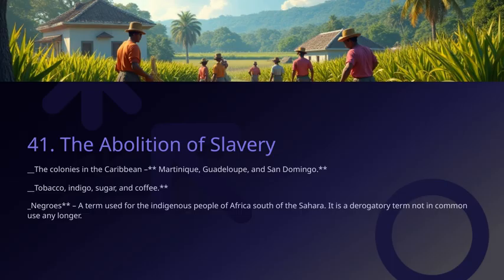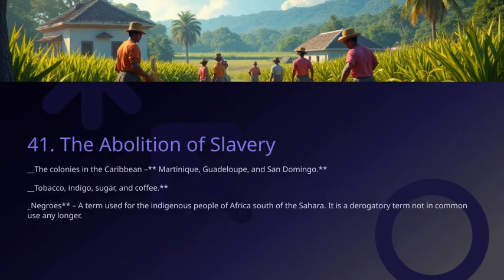It's also important to understand the terminology used during this period. The term Negroes was commonly used to refer to the indigenous people of Africa, south of the Sahara. However, it's crucial to note that this term is now considered derogatory and is no longer in common use. Recognizing this helps us understand the historical context and the language of the time, while also respecting the dignity of the people involved. Connecting this to the overall theme, the history of these colonies highlights how economic interests were intertwined with human rights issues. The movement towards abolishing slavery was a pivotal moment that reshaped societies and challenged long-standing systems